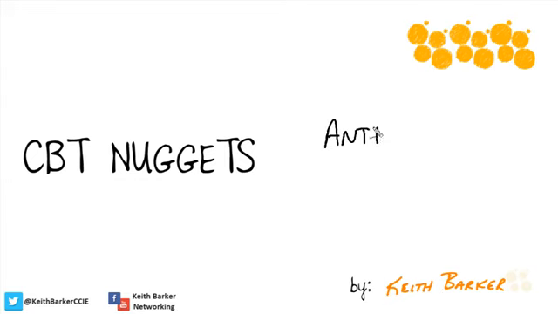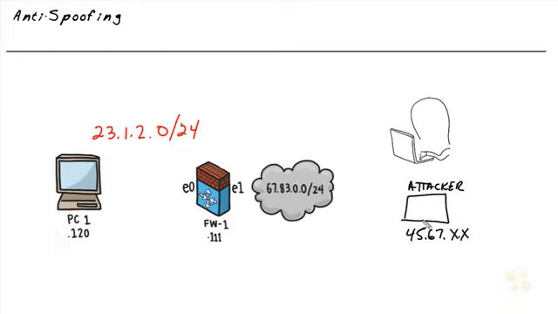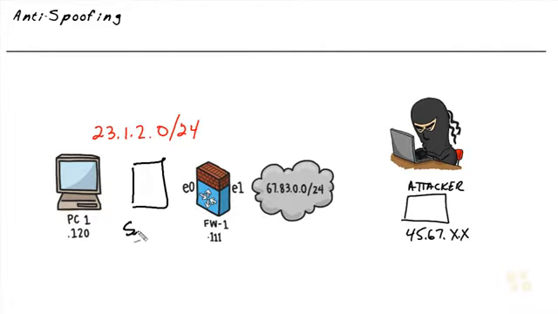Spoofing is the manipulation or lying about an IP address, normally done with malicious intent. For example, if we have an attacker who is connecting to a server, let's imagine the server is over here on the 23.1.2 network, and let's imagine it's .150. And the attacker is sending packets over to that server. If the attacker spoofs or lies about its source IP address, and it claims in the packets that the source IP address is